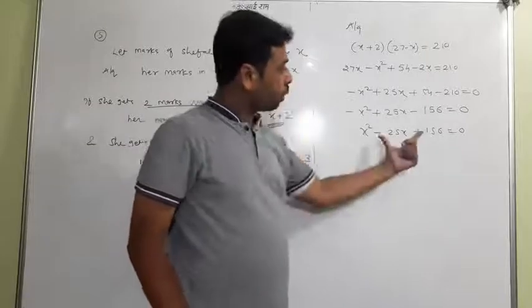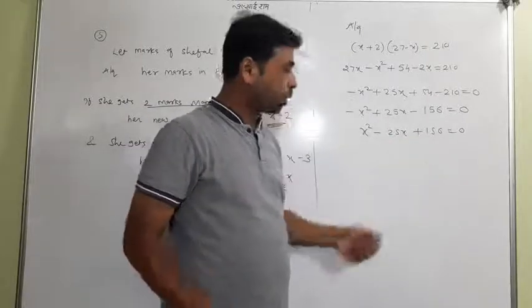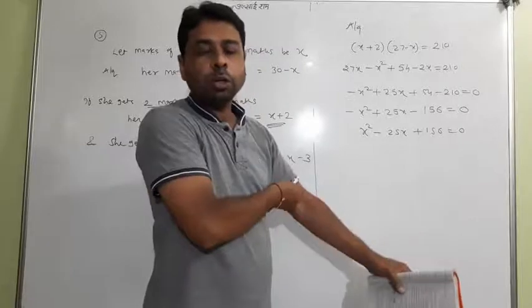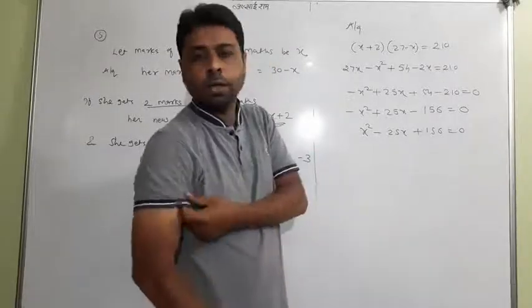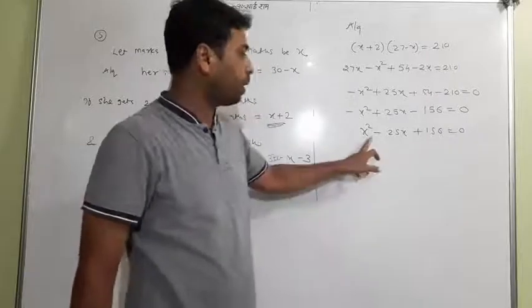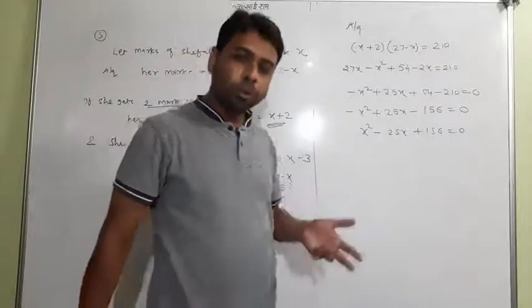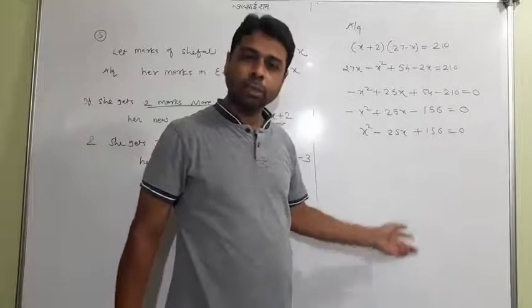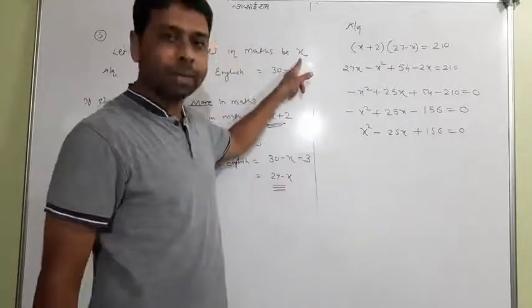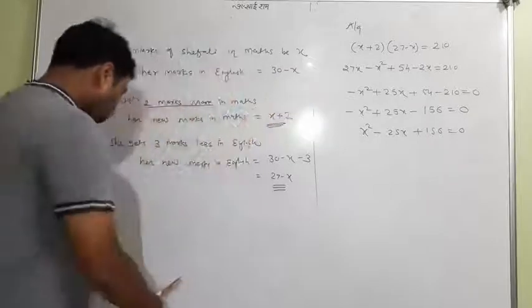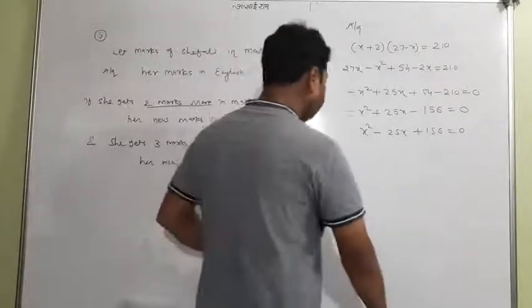Now this is a simple quadratic equation and further you know what the procedure is. You just have to use the formula method, the very regular method, and find the value of x. When x is positive, you have to take that one. When x is negative, definitely the negative value of x you have to ignore because x is marks, and marks can never be negative. So okay, this is a condition-based question I have explained.